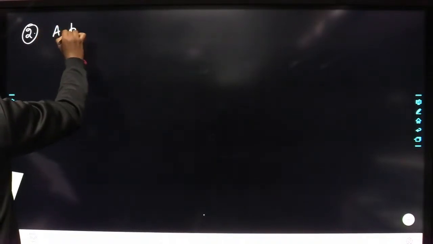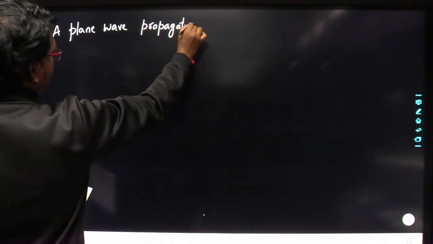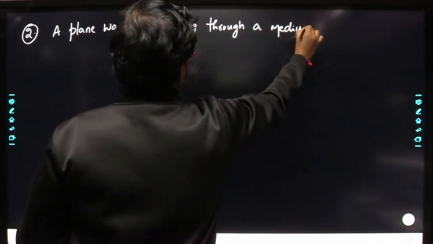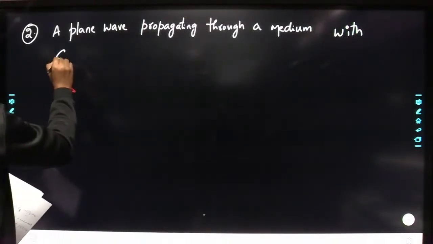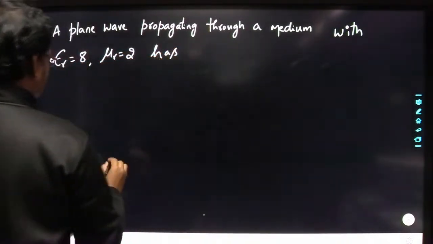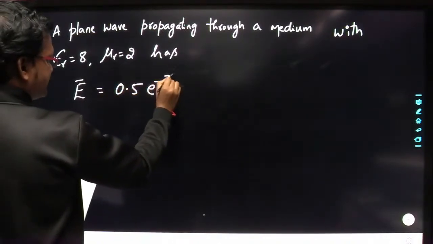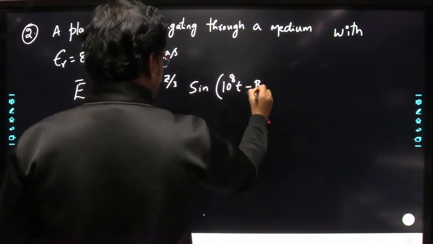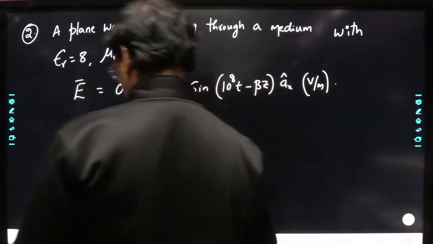A plane wave propagating through a medium with epsilon r equal to 8, mu r equal to 2, has electric field E bar equal to 0.5 into e power minus z by 3 into sine of 10 to the power of 8 t minus beta z ax cap volt per meter. Then determine